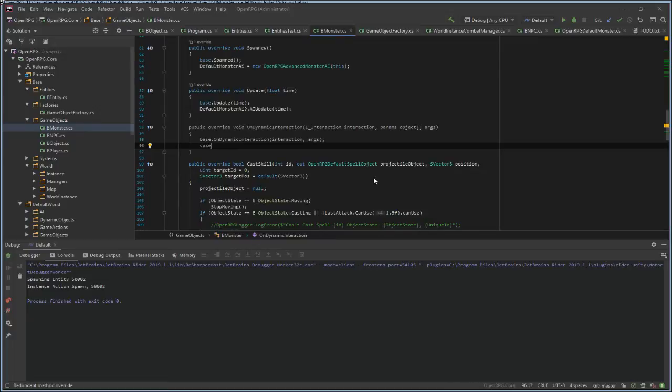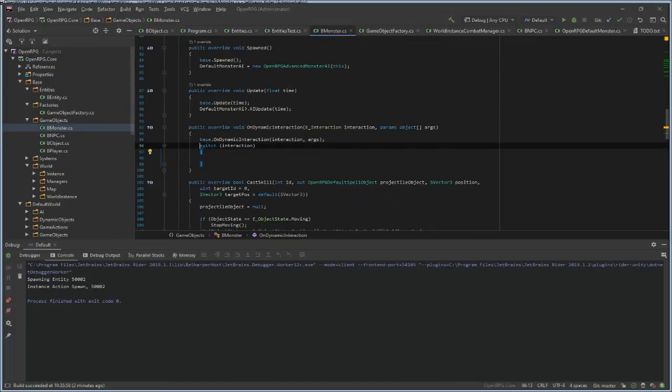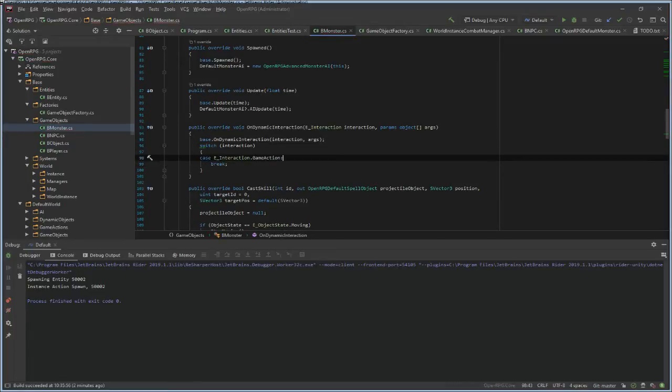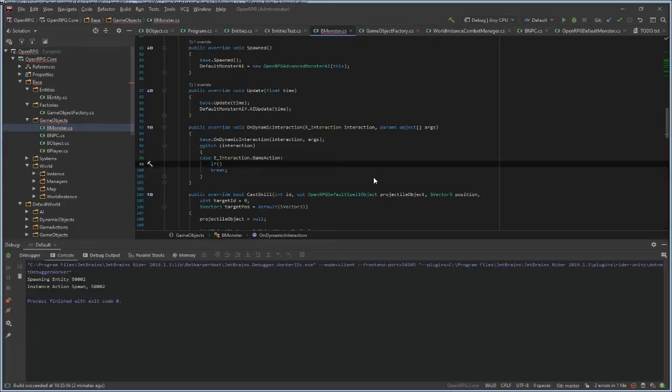We can do switch interaction, case game action, if arguments dot param object.